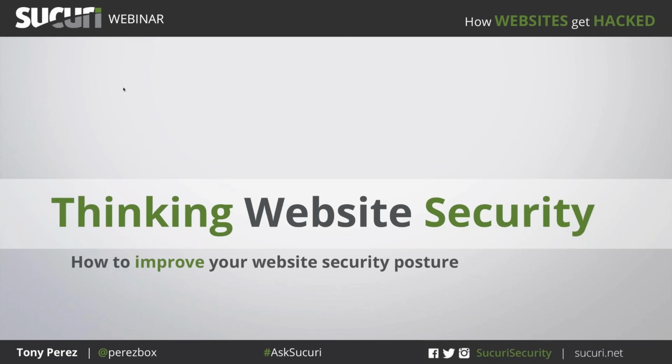So with that, we talked about all these different things, right? We talked about the environment, we talked about attack flow sequence, things like that. So what are we supposed to make sense of this? When I do this, I always like to add this section here on website security.